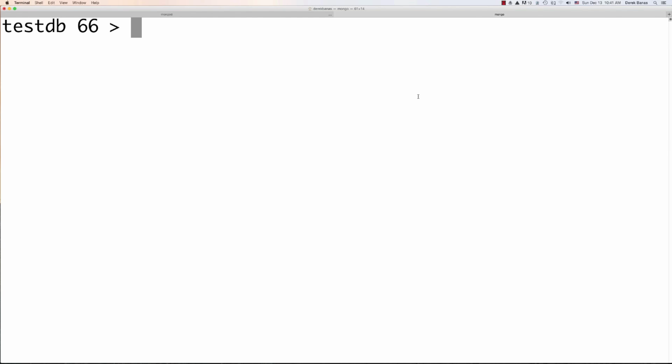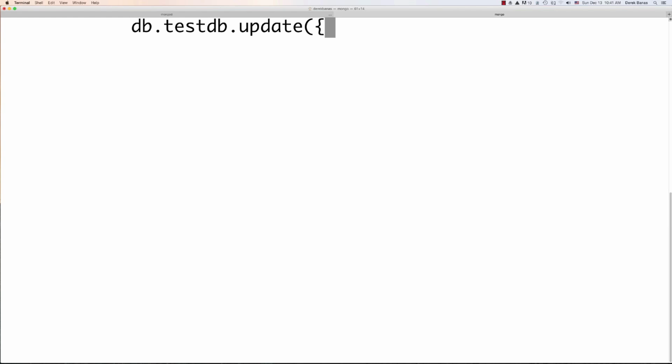Let's say that we just had an additional test and we want to push that new test score onto a student array. We can do that as well, of course. TestDB. In that situation, we're going to do an update, and we will first off come in and we'll say what we want to update. So we're looking for a document that's going to have a name that's going to match with Dale Cooper,